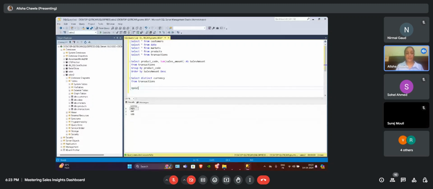To correct this one, we have to make it only INR. To update it, we will use the update command. We have to update the transactions table.